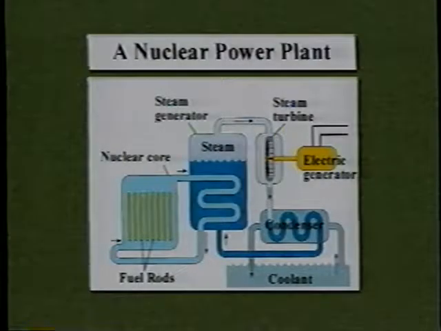The central reactor core has to be surrounded by a reinforced steel structure, an extremely strong structure, to prevent any leakage of that radioactive material. That's a critical part of all nuclear power plants. So you're generating heat in the reactor core, and that heat is used to produce steam. The steam is used to drive a turbine and an electric generator, and it's just like a coal-burning power plant. The only difference, in fact, between a nuclear reactor and a coal-burning power plant is how you generate the heat.